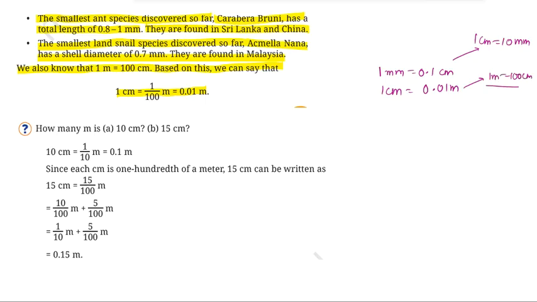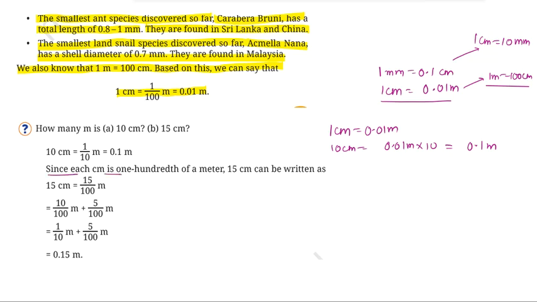तो ये आपका 1 मीटर टू सेंटीमीटर कन्वर्जन भी है और यहाँ पे सेंटीमीटर टू मीटर कन्वर्जन भी है. So how many meters in 10 centimeters? So if you know that 1 centimeter is equal to 0.01 meters, तो 10 सेंटीमीटर्स निकालने के लिए आप क्या करोगे, 0.01 मीटर्स को मल्टीप्लाई कर दोगे 10 से. So you will get 0.1 meters.